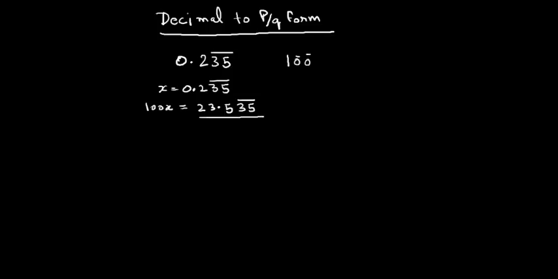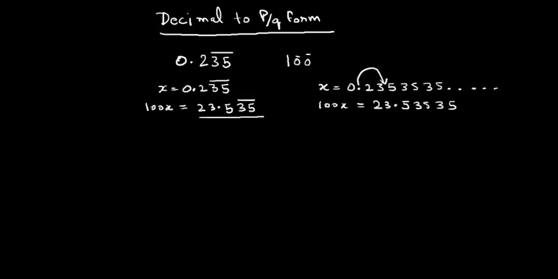It is easy to see because x was 0.235, 35, 35, and so on and so forth. When I multiplied by 100, what happened? Basically, the decimal moved 2 digit here. It becomes 23.5353535. And what we are seeing, this 35 is repeating again, right? And that's why this becomes 23.535 bar. Okay, again we'll subtract 100x minus x, that is 99x, and we would get here